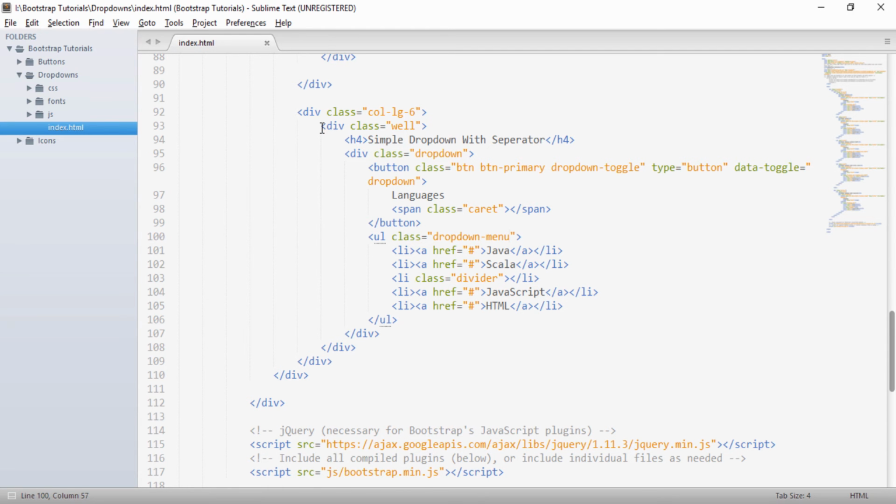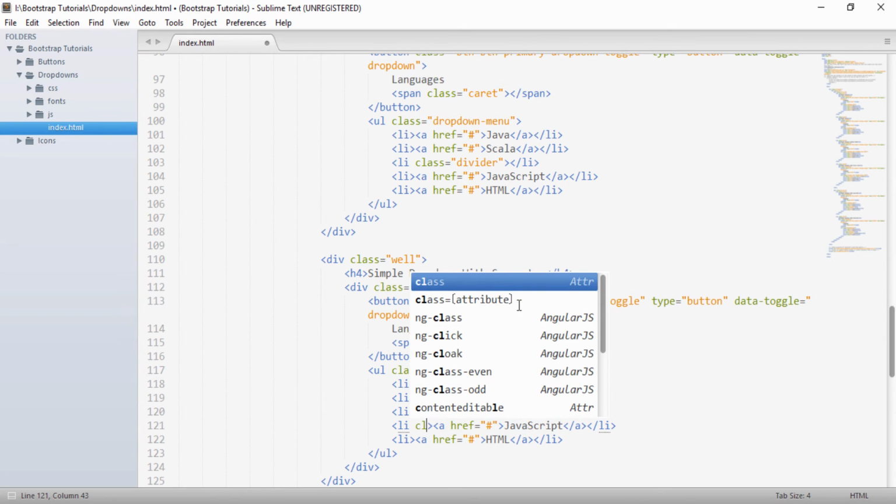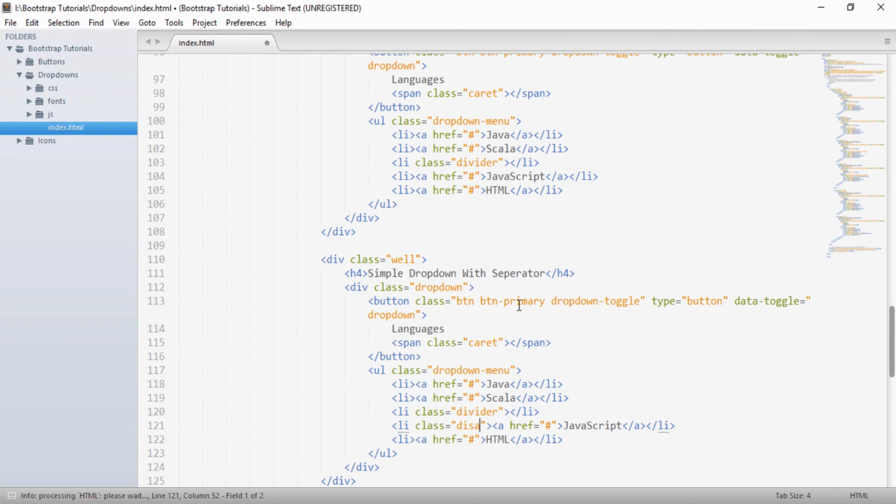And moving ahead, I will again just copy it and paste it below. There can be a requirement that when the user clicks a button, one of the fields from this list is, say, not available, and we don't want the user to click those fields, so we can basically disable that particular list item. In order to do that, suppose I want to disable the JavaScript list item, so in the li I will put a class as disabled.